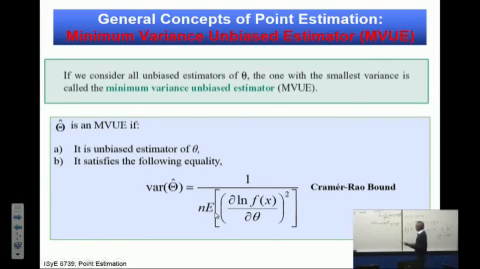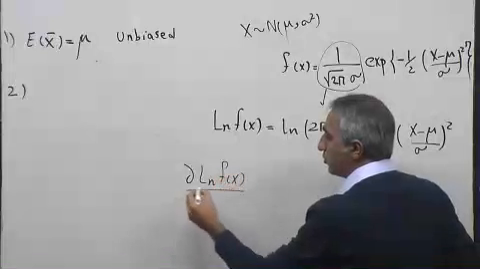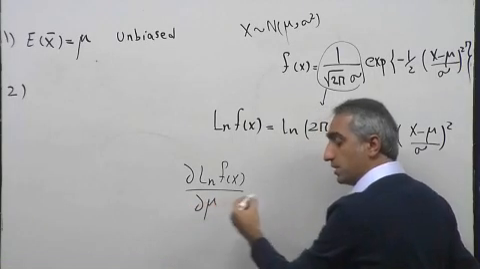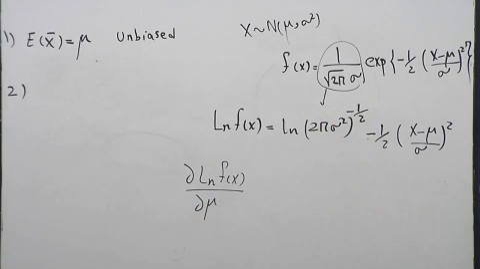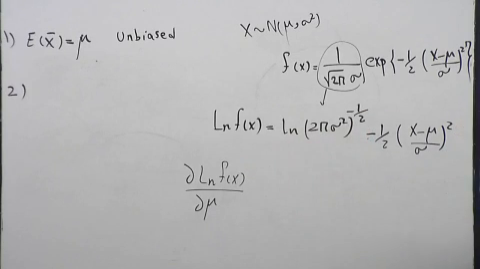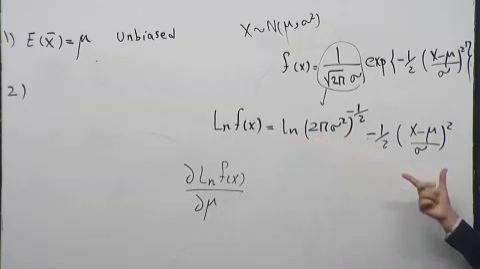So what is the next step? Take a derivative with respect to your parameter. What is the parameter that you are interested in? Mu in this case, not sigma squared. So sigma squared is constant. You are interested in mu. So that guy just vanishes. There is no mu here. For this one,